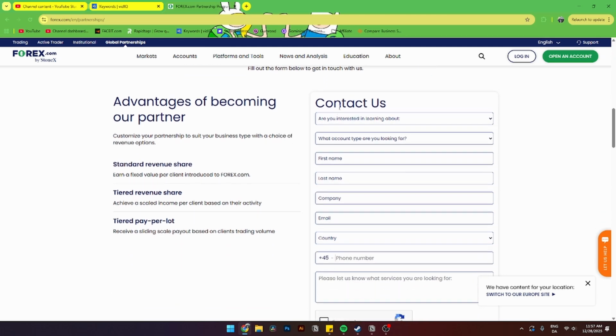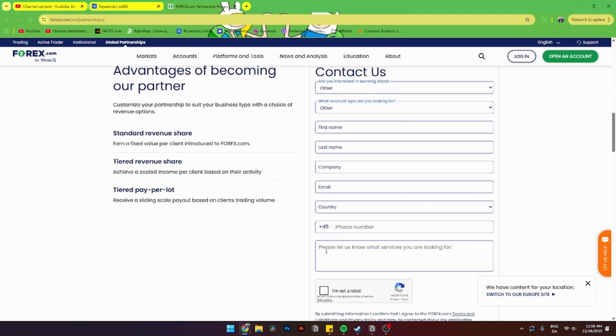Then from here, you'll need to fill in the contact us form. Here you'll need to click are you interested in learning about, and here you'll need to click in other. What type of account are you looking for? Here you'll need to click other again, and then you'll need to enter your first name, your last name, your company name, your email address, the country of your tax residence, your phone number, and down here you'll need to